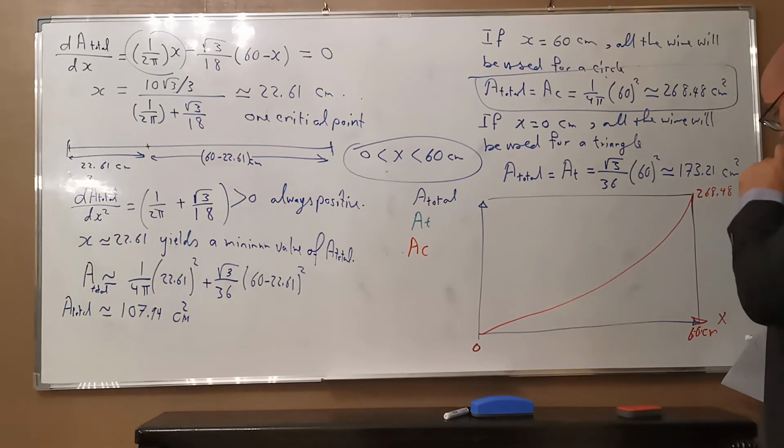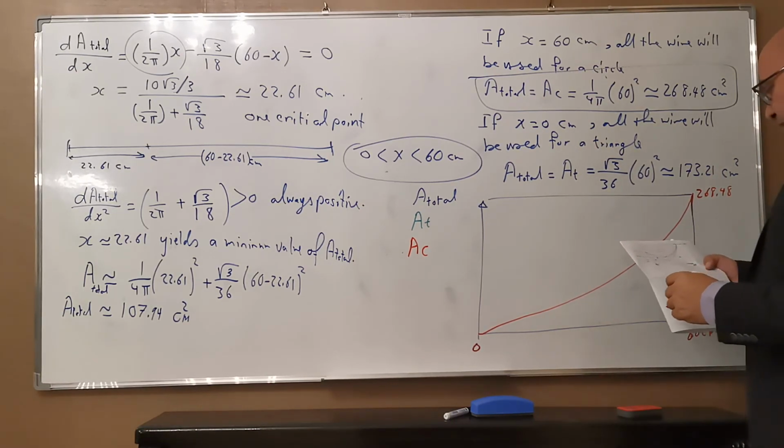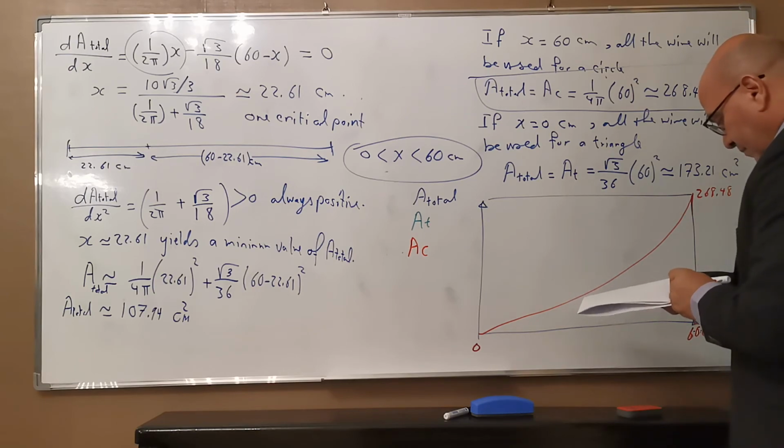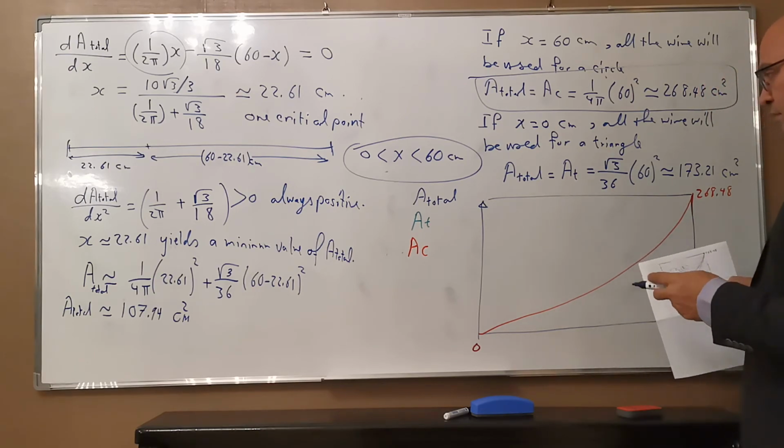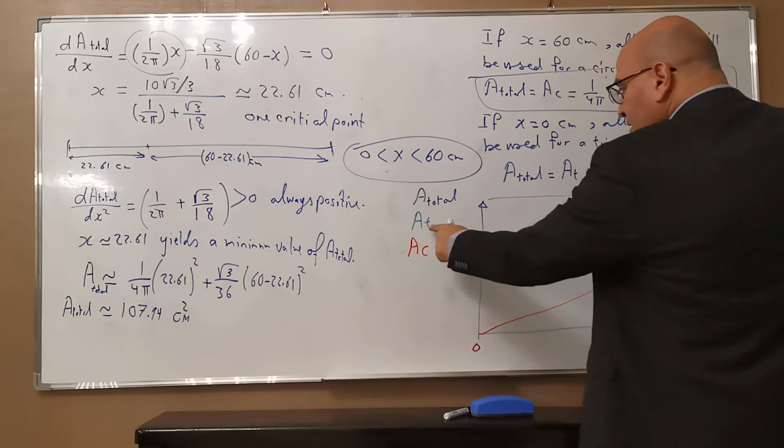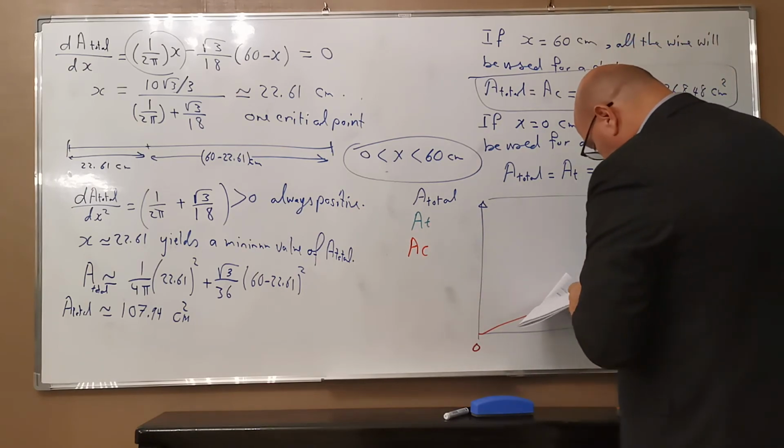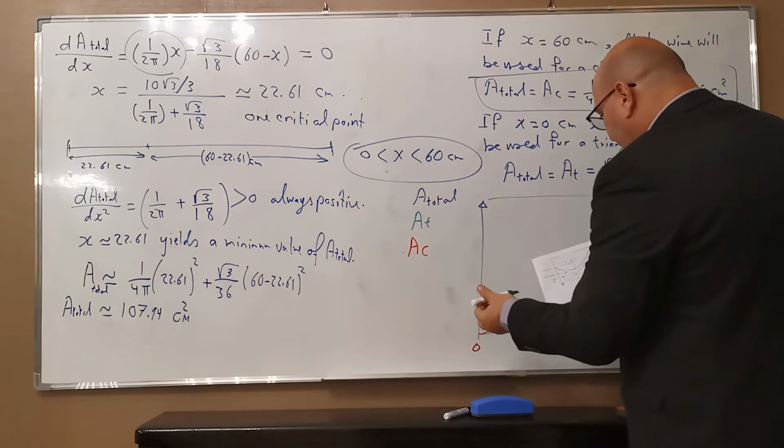So this is x. This is the curve. If we take the green, which is the triangle, then